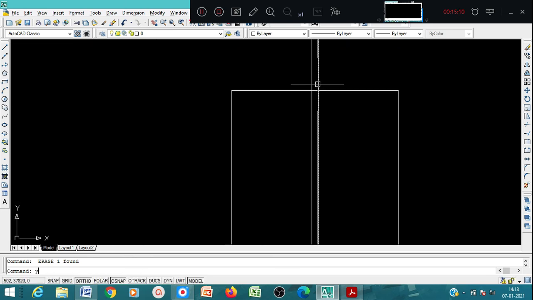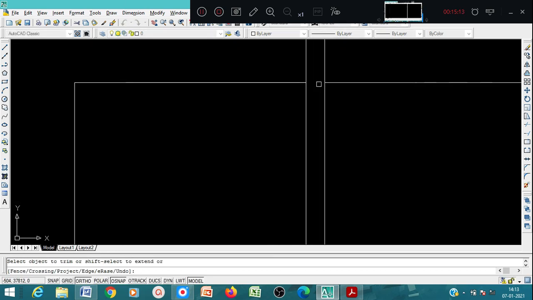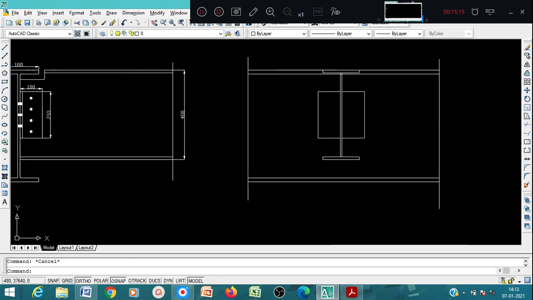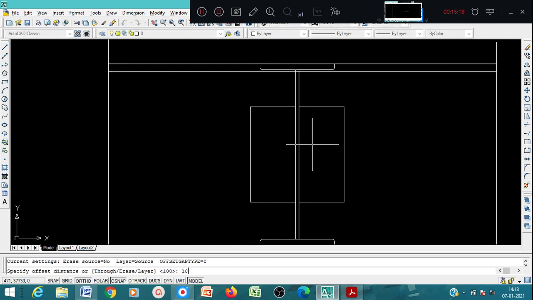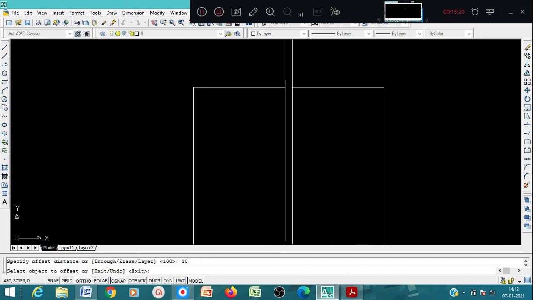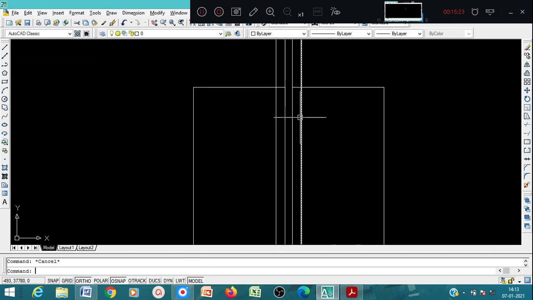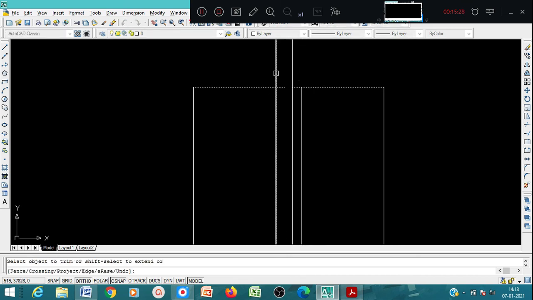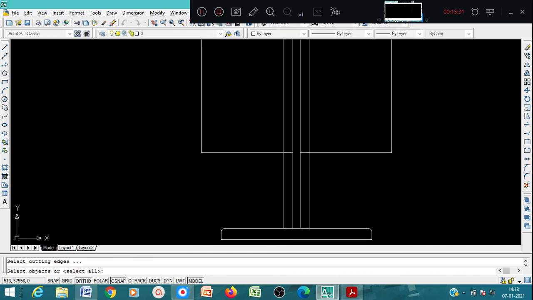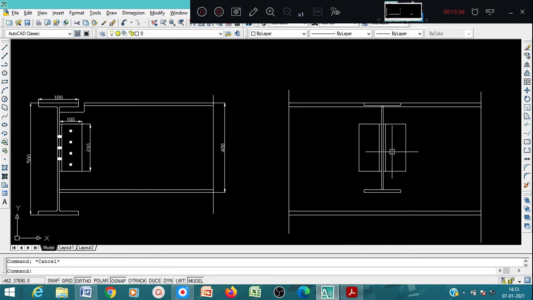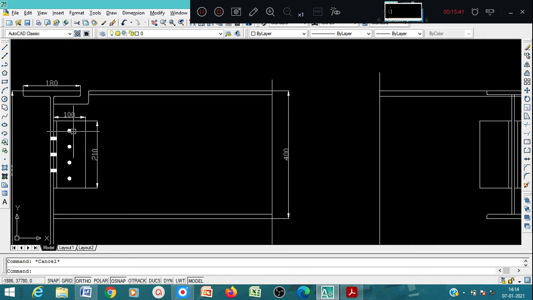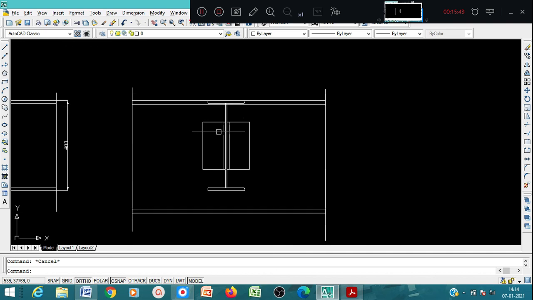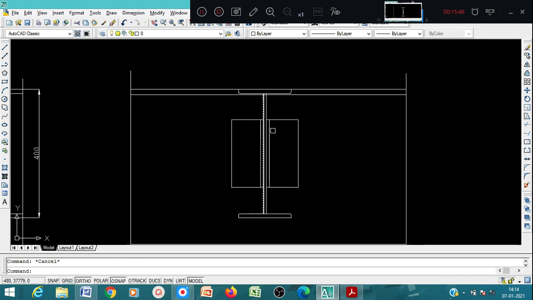And you want the thickness. So the thickness is 10 mm, so you can use an offset of 10 mm here. So again trim. Yes, so we have drawn the angle. Now we'll show the bolts here. Okay, now the dots that you can see here in the cross section, these will be the bolts crossing the connection.